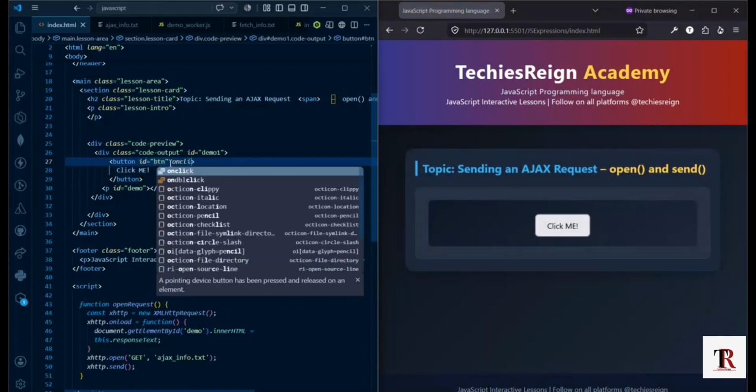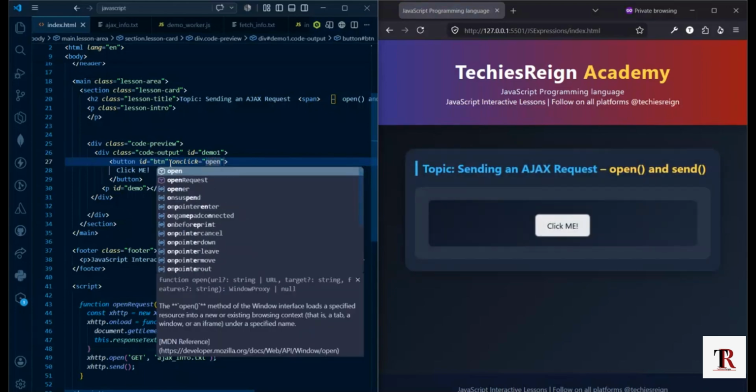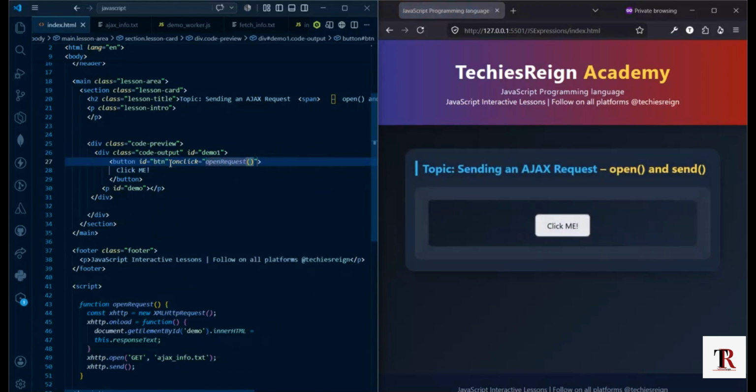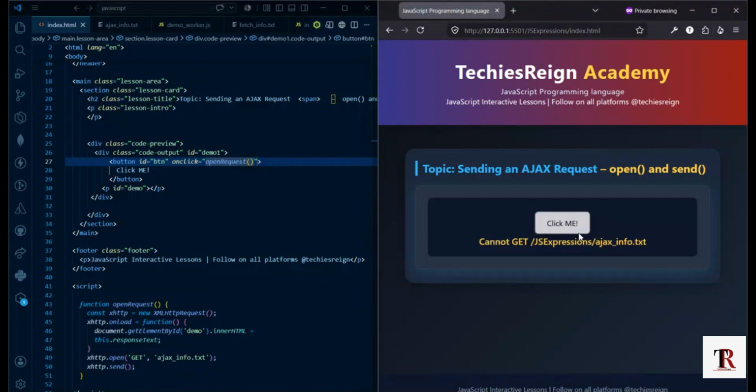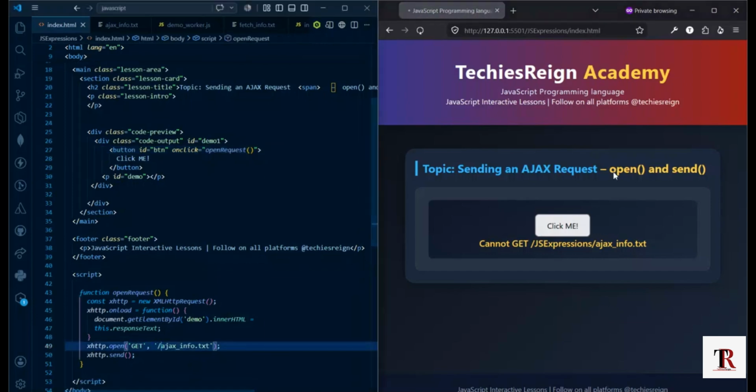And I'm going to add an on-click property and pass in my function open request. And if I go ahead and click this, what do you think is going to happen? Think for a second. Okay, let's find out. And now you can see this is simply indicating that this part does not exist. And actually, I have that file, but in order to get it right, I need to prefix it with a